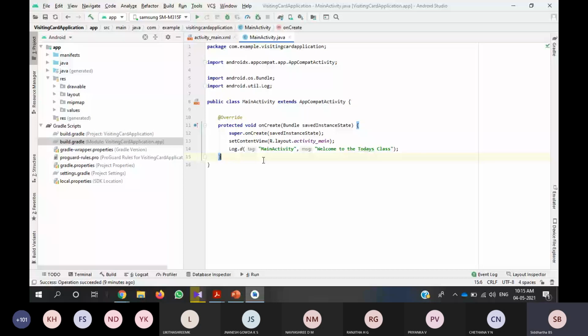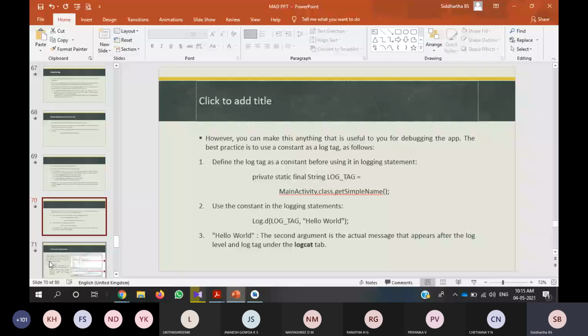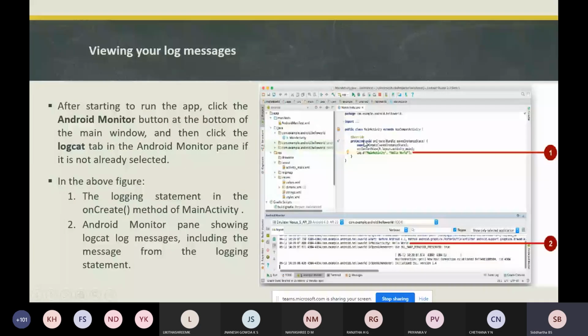Then, how to see your log messages? Before running the app, I will show how to see them. If you look here, you can see it in the Android monitor.